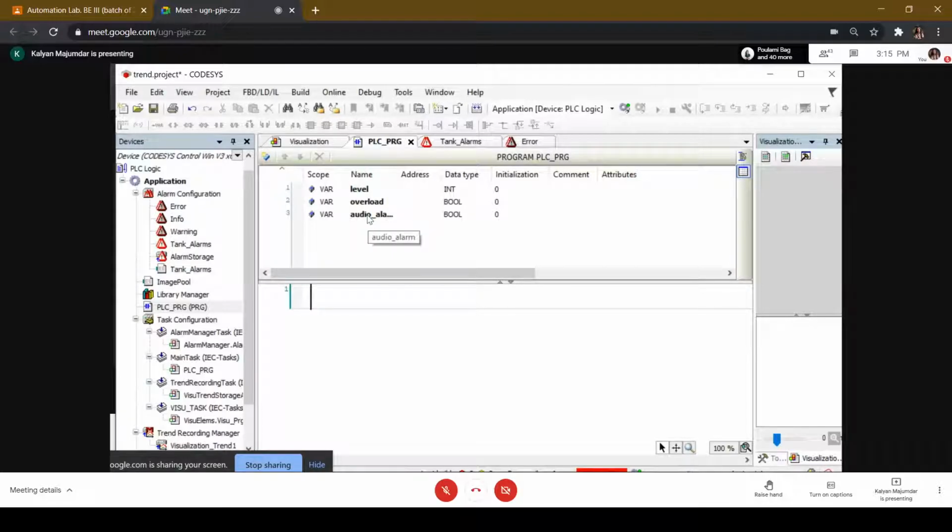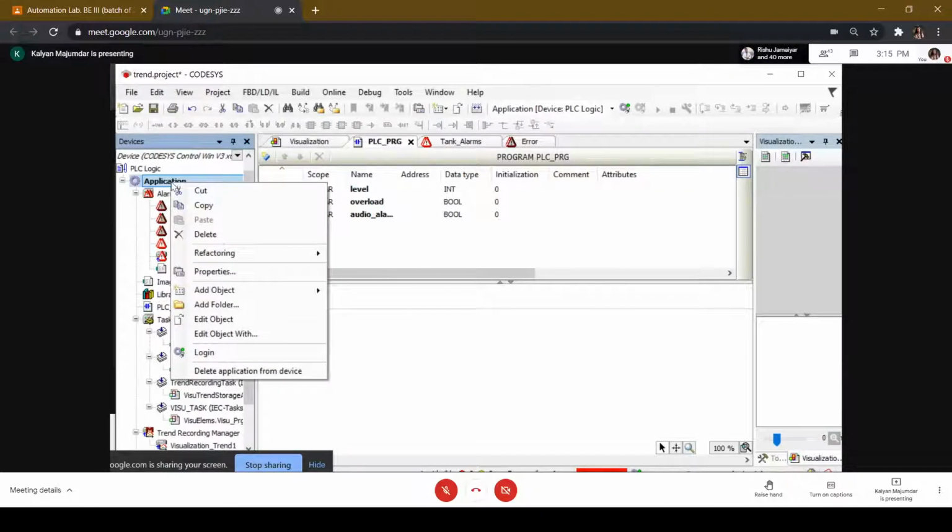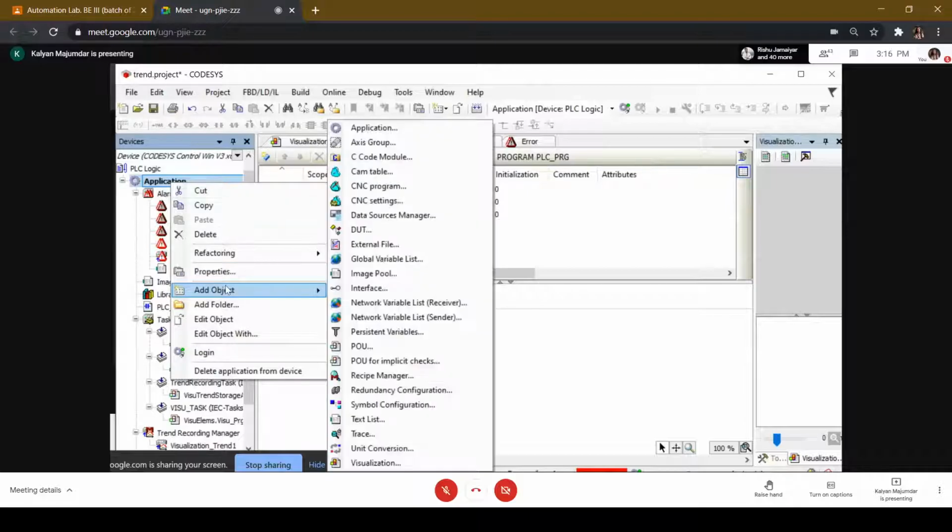So how do you add an alarm configuration? I've already added it. What you need to do is, application, which is on the top, right click on application. As before, add object. You added POUs, that is, whenever you add a function block or a program, you added POUs. Now, instead of adding a POU, you add visualizations exactly this way. Now you're not adding a POU, you're not adding a visualization. What you're adding is